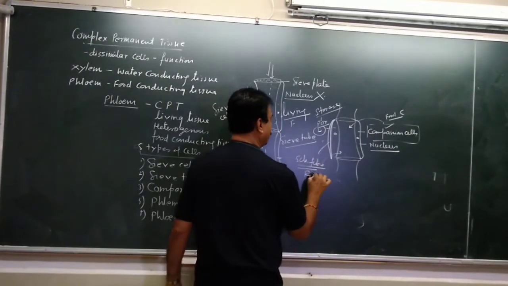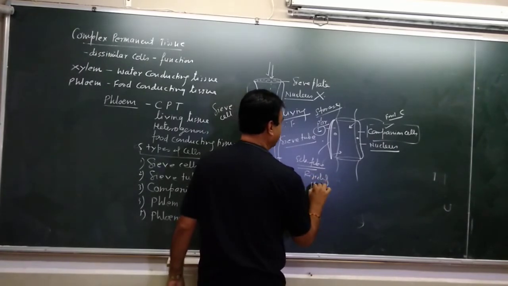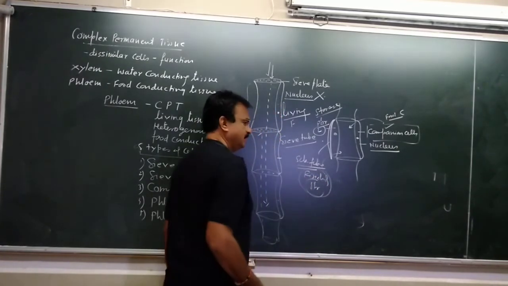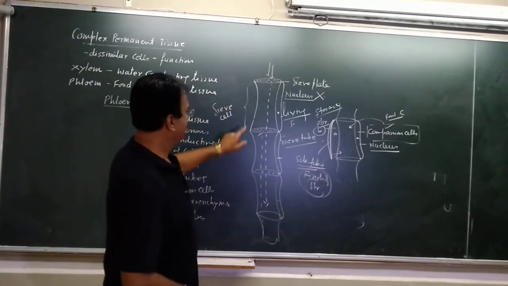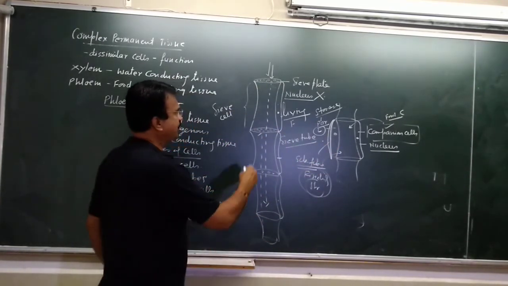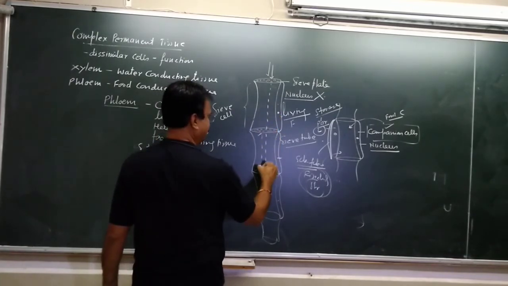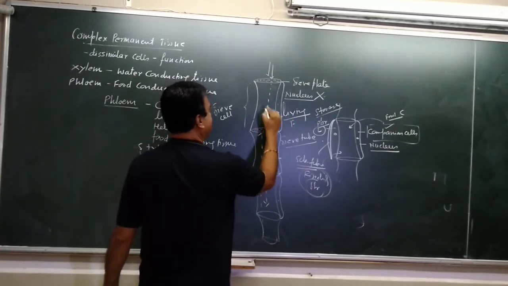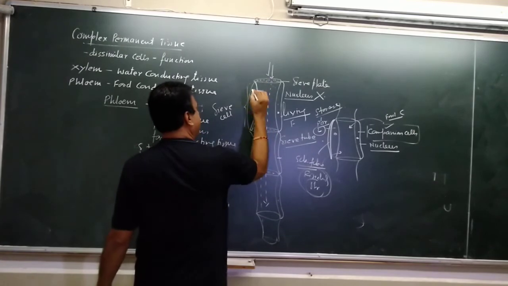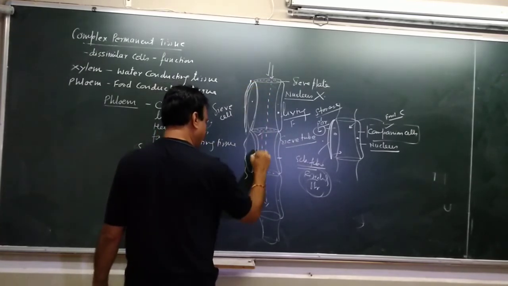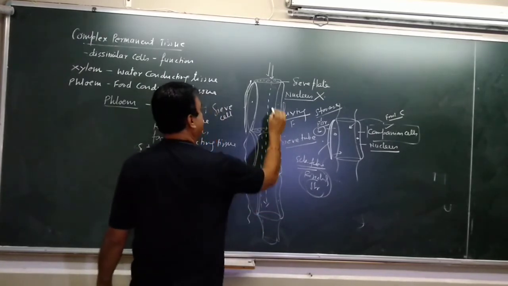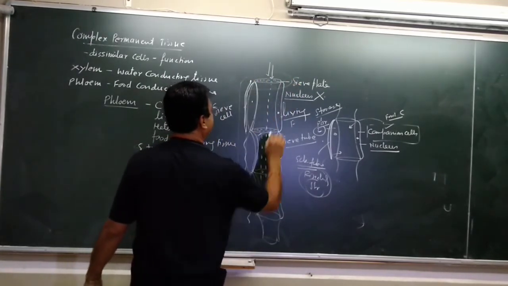Its function is to give rigidity, strength, ताकत, strength provide करता है phloem tissue को। So this is the phloem tissue, which is sieve tubes, sieve cells, companion cell, phloem parenchyma and phloem fiber। अब ये सारा मिलके क्या बन गया? ये phloem।